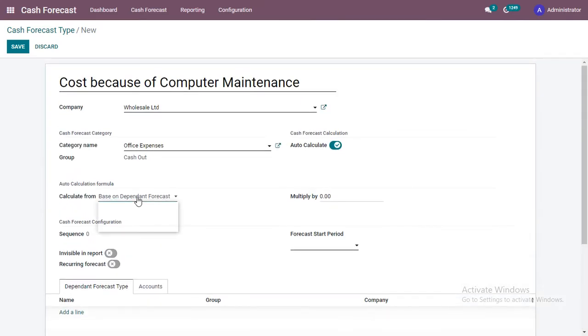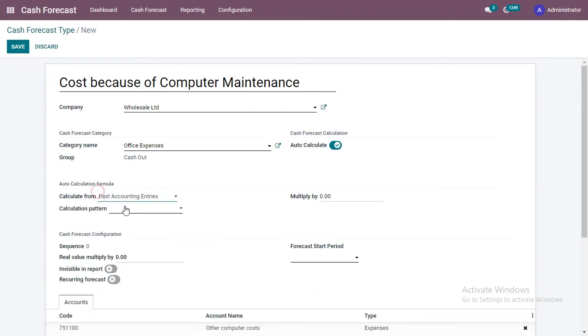So at present, as an example, let me select this option that is past accounting entries. Then you can see that calculation pattern is enabled. So here appear two options, that is average value of last X days. If this option is selected, then the number of days that I enter here, say for example 180, then what